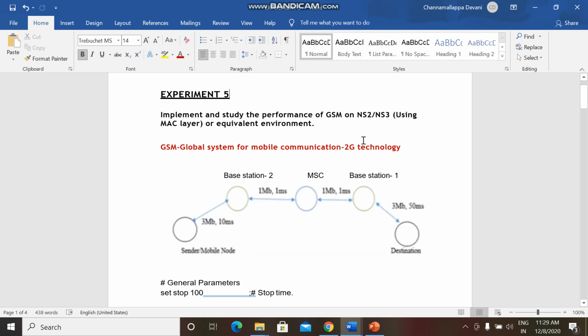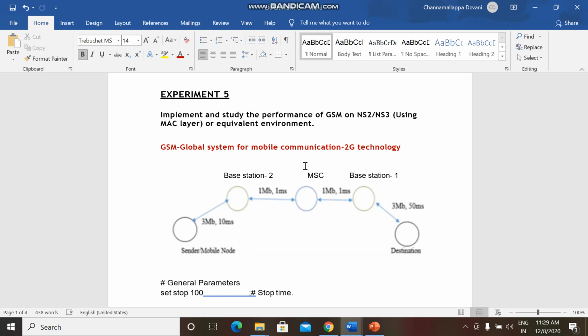Time division multiple access divides the signal into different time slots, and code division multiple access allocates a special code to each user so as to communicate over multiple physical channels. So 2G technology is mainly based on CDMA and TDMA.